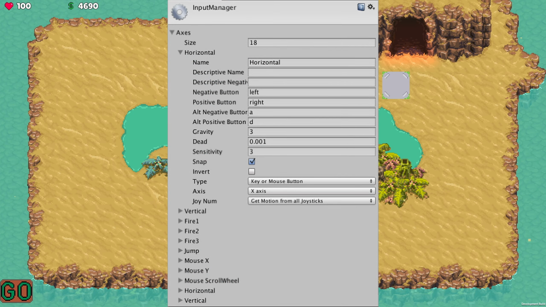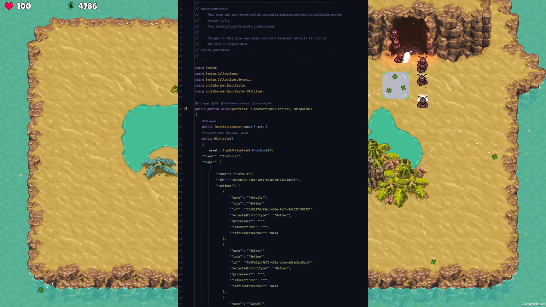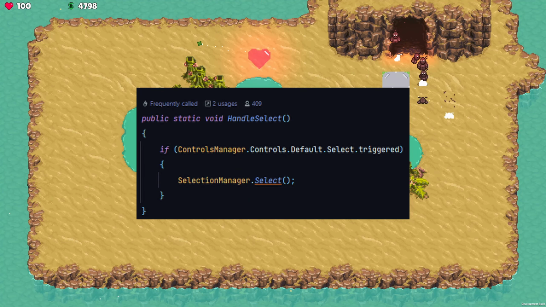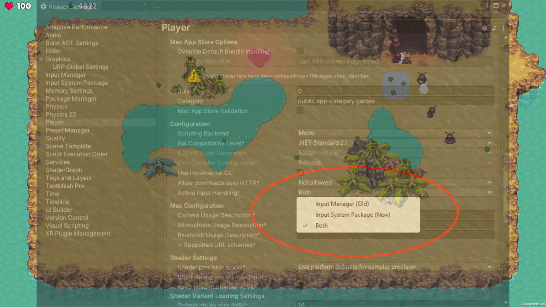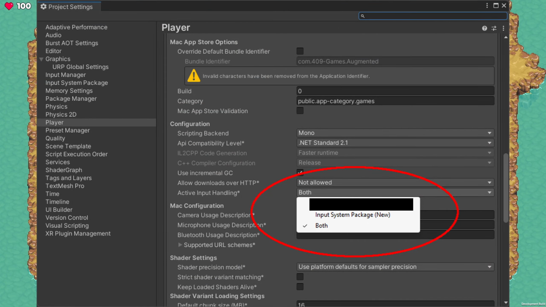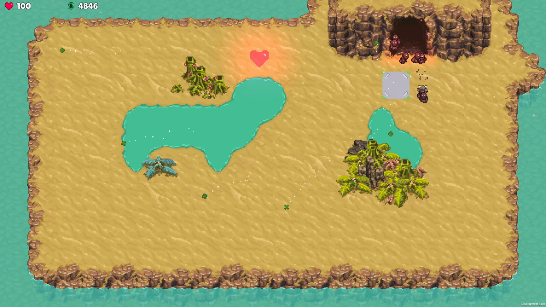The new Input System Package feels a lot nicer to use. It features a graphical user interface to create key maps. It can also generate C# classes, so you can access your custom input events through code, which improves DX. It's not perfect by any means, but it gets the job done and I definitely prefer it to the old system. I'm not trying to aimlessly hate on Unity though.